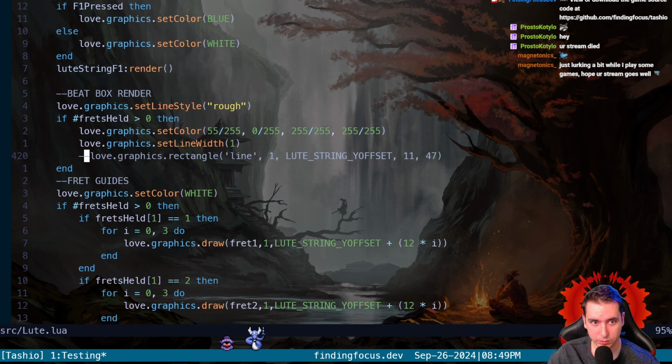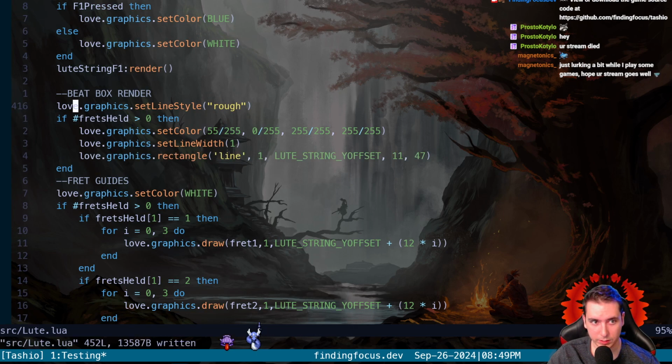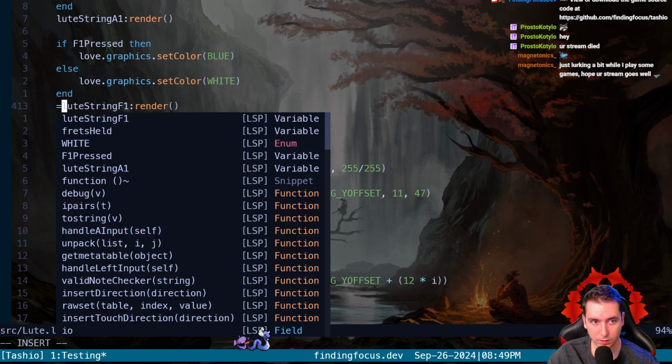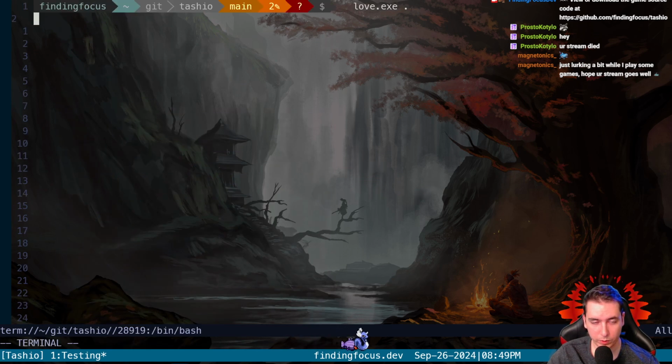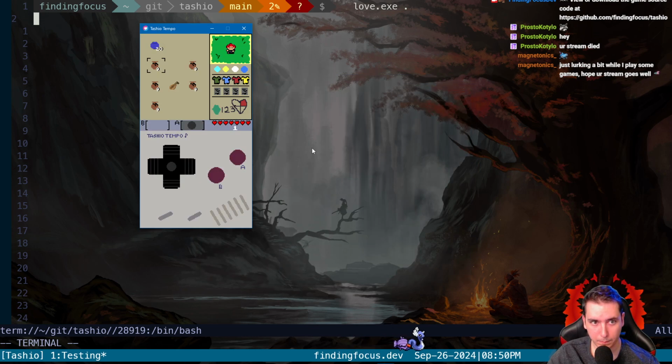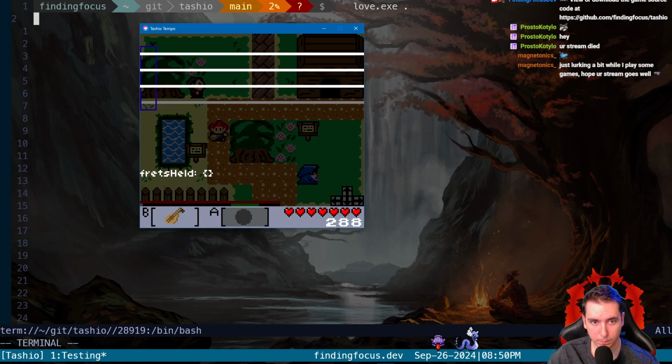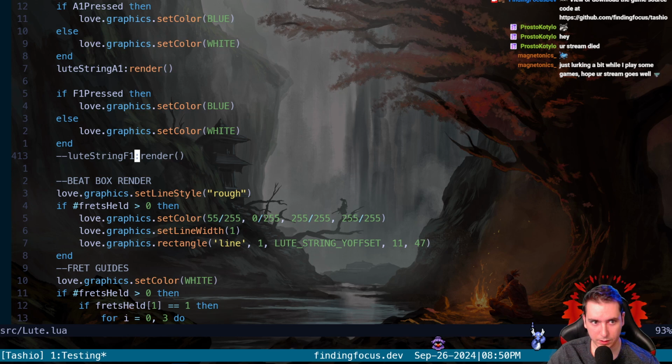Okay, why does it still show? Oh, because we're rendering the strings here. Okay, so if we take out lute string F1, there should be only 3 strings. Okay. There's like a double. Why is there a string beneath it?